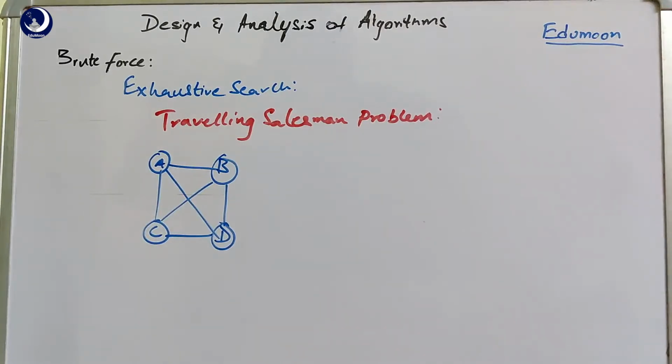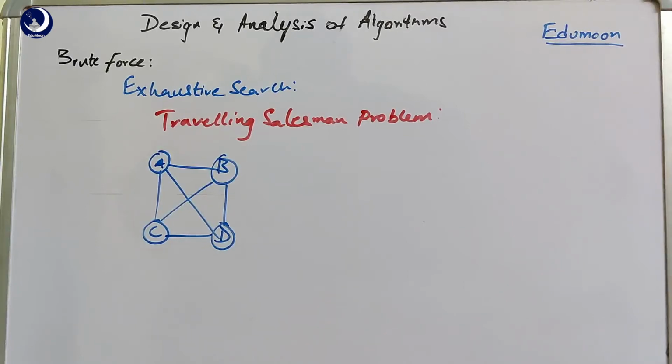Now we know about a Hamiltonian circuit, where we start from one node, visit all the vertices exactly once and come back to the original node. There are different possibilities in a complete graph for a Hamiltonian circuit, because in other graphs we might not have a Hamiltonian circuit available, but in a complete graph there are many different possibilities. For example, if you take the starting node A, there are many possibilities like ABCDA, ACDBA, ACBDA and so on. There are different combinations.